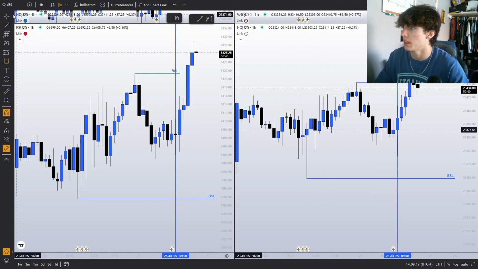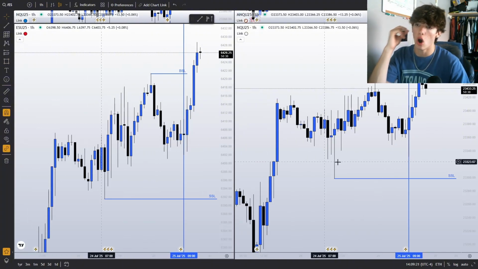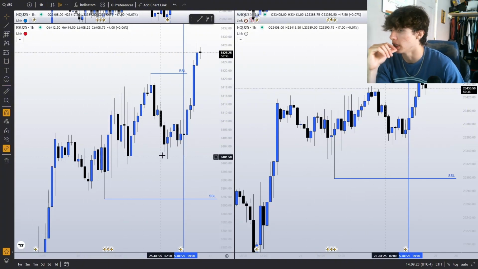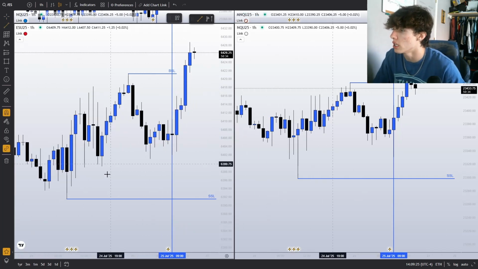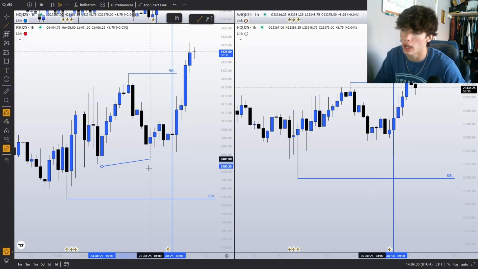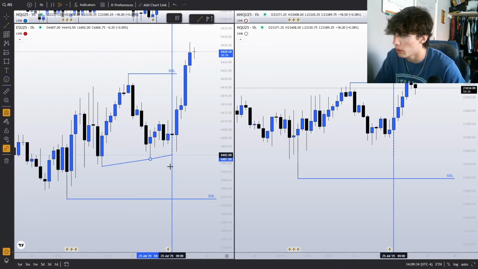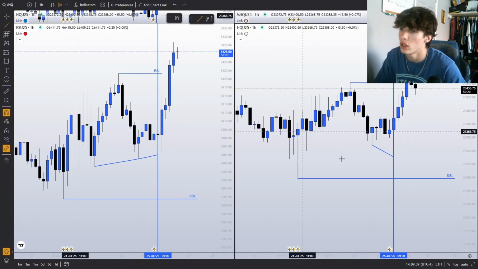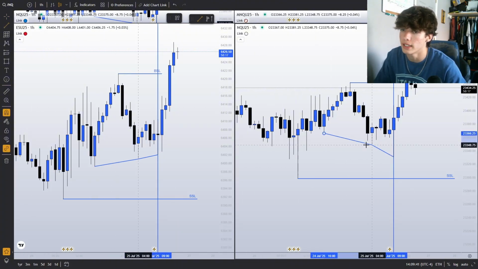So I'm not going to mark anything until we actually hop on the charts, but let's look at market open, the SMTs that we had in place. We had two SMTs put in play. We had this one right here from this low at 1 to 4 a.m., right? So somewhere in London session. And then we had this one that got created on market open, right? Where we had this index making a higher low, and then this one made a lower low. So now we have two SMTs to add to our bias,